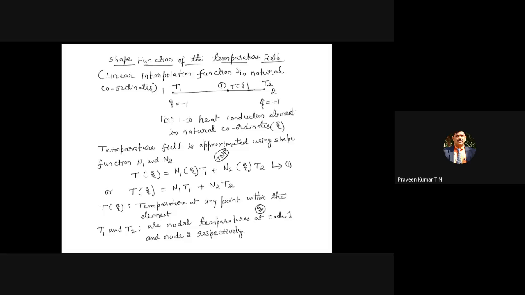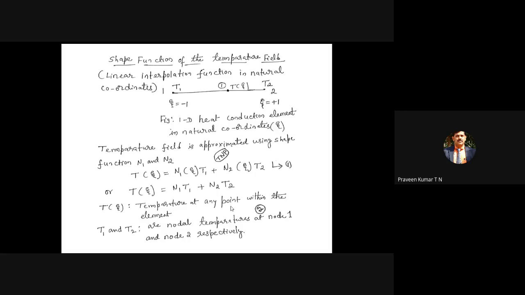One of the drawbacks of the analytical method is we can find out the deflection only at certain points, normally the midpoint. But the advantage of finite element analysis is that once you substitute the xi value, you can find out the displacement at the midpoint of the beam, or at any point within the element by using those interpolation functions. The same thing holds good for the heat transfer problem also. At any point within the element, we can get the temperature by knowing the nodal temperatures and interpolation functions.